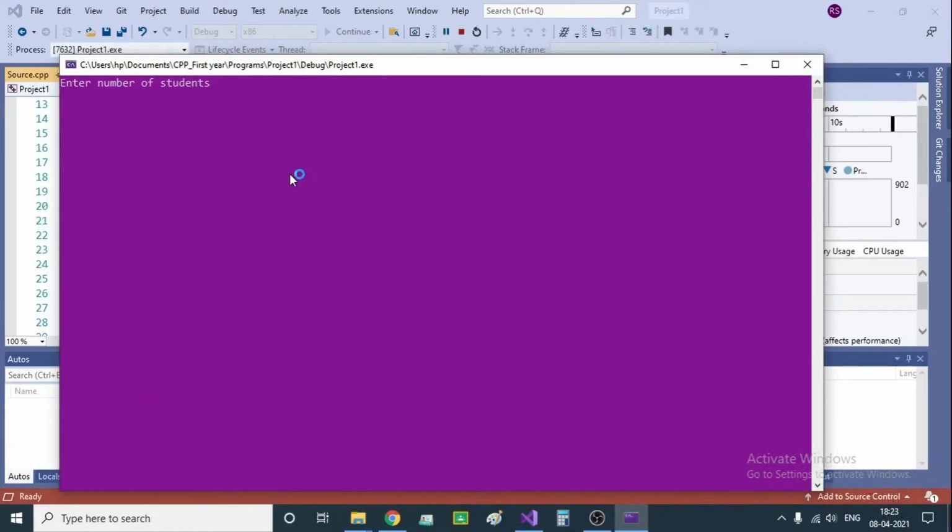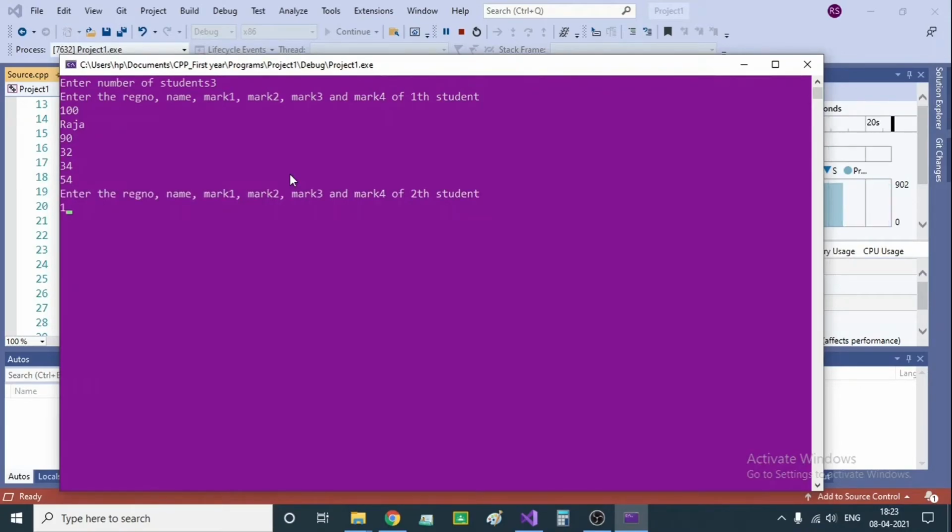So first I am going to type the number of students as 3, and now I need to enter the details. 100 as the register number, second student.